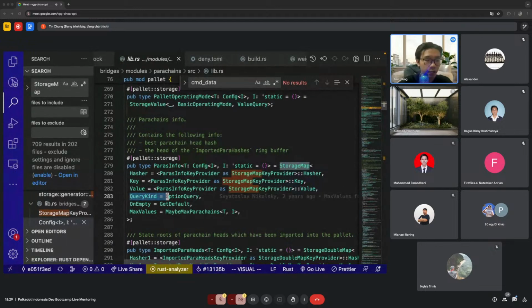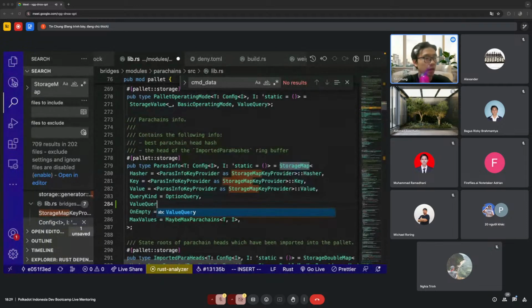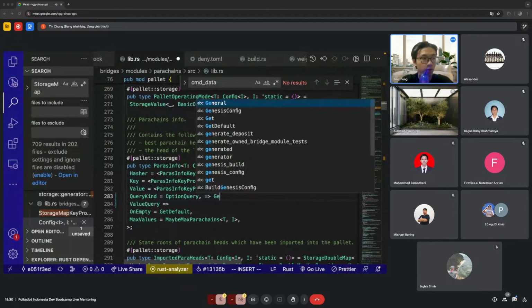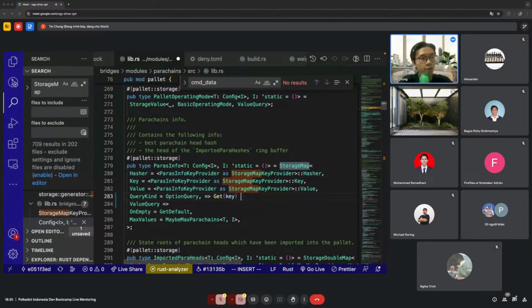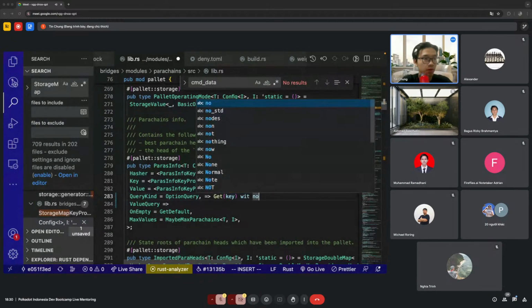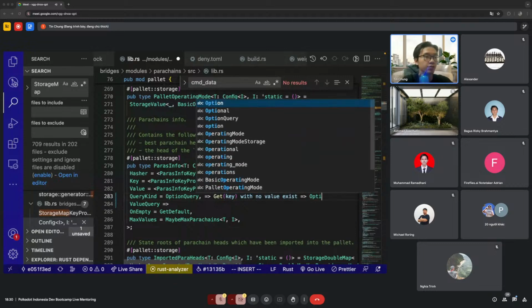Here is the query kind. For the query kind, we have the option query or the value query. I did mention that in the storage value, but it's not very clear. When you set the query kind as option query, and you get the value by the key but no value exists, what is returned is the option.